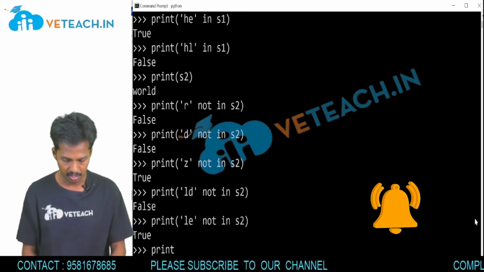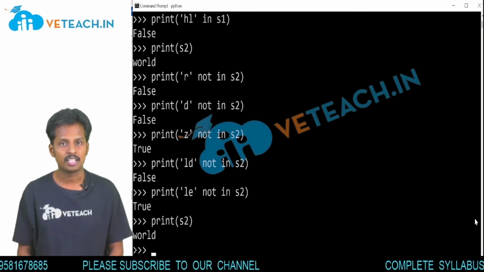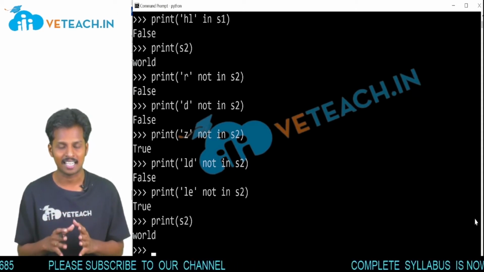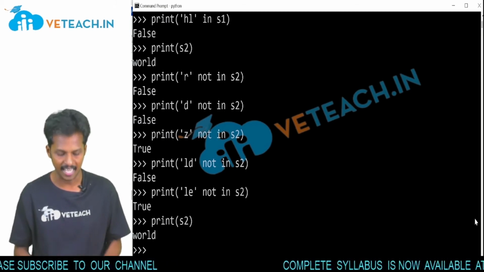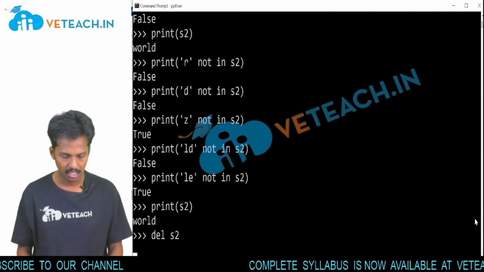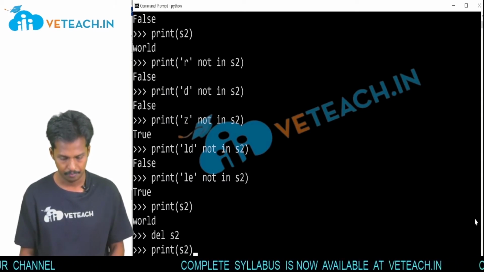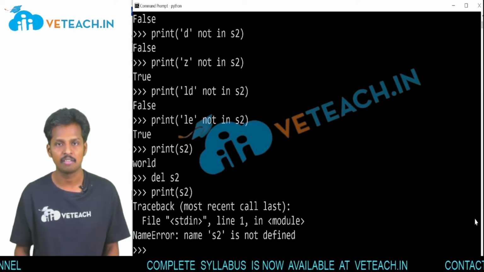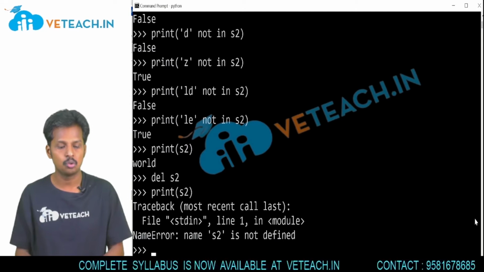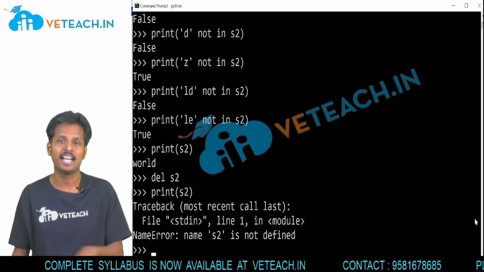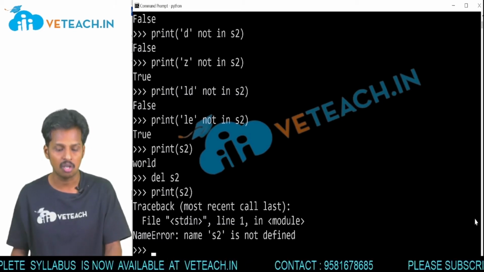Now I will just print S2 word. What is happening here is I'm just printing the characters present in the string. Now I want to delete the entire string without replacing the characters. I can simply write del S2. I deleted the entire string. Now try to print S2. What happens? It's going to scold us because S2 is not defined, because by using the del operator I have deleted the entire string. Since there is no string value present in S2 and the entire memory was also deleted, it has printed a message saying NameError, S2 is not defined.